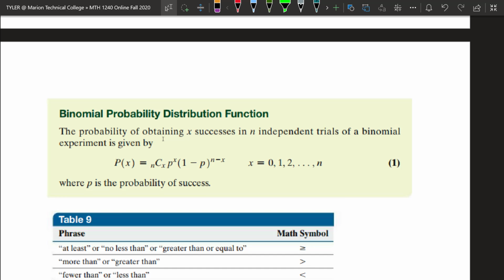So if I have F F S F, that's the same thing as F S F F, right? In both cases, there's 1 success, right? So we'd use a combination, because the order doesn't matter,